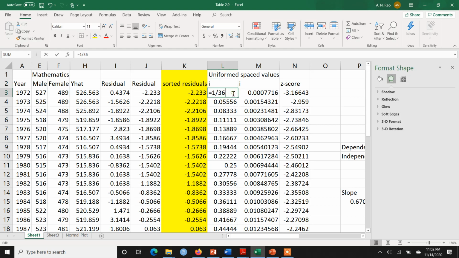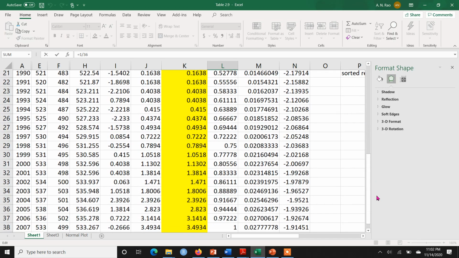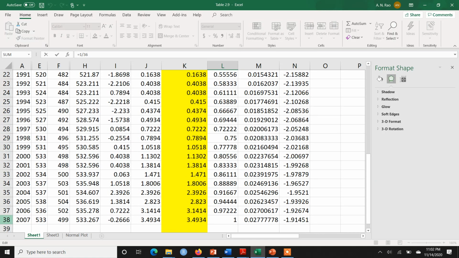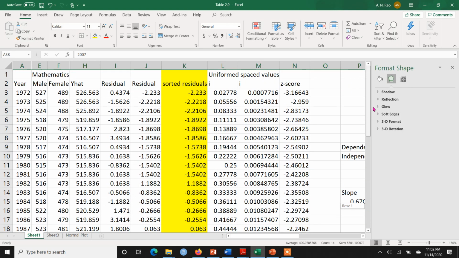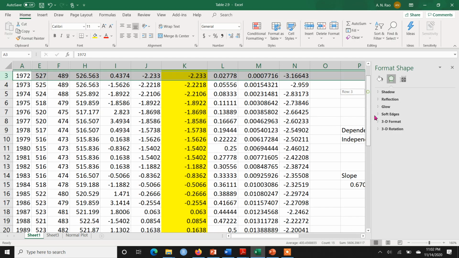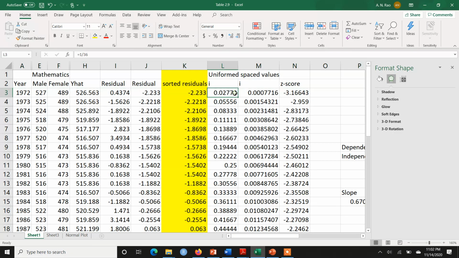Suppose I double click here and notice how many values there are in this regression. You will see that there are a total of 36 values, because remember, the data starts from the third row and ends at 38. So I have 36 values.